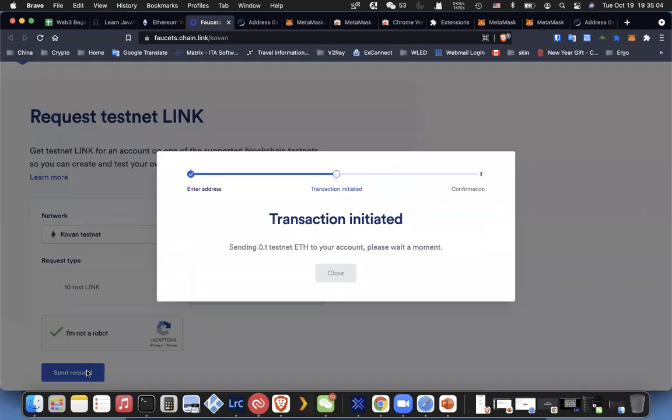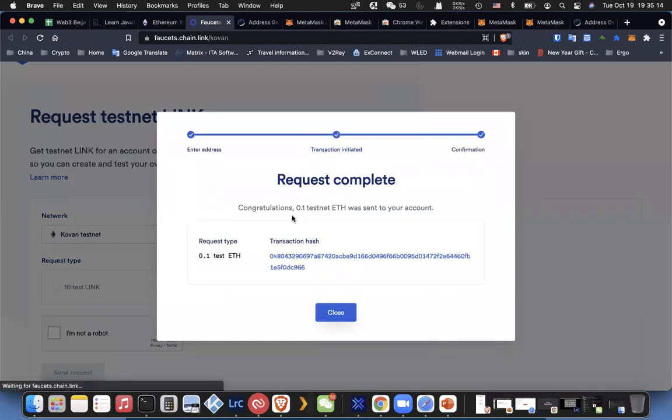And then click send request. And a few seconds later, the transaction should be submitted, and then you should be able to receive some more test ETH. I encourage everybody to give this a shot. It's possible, especially if I only sent you 0.01 ETH, that you may run out at some point. Please go ahead and try running